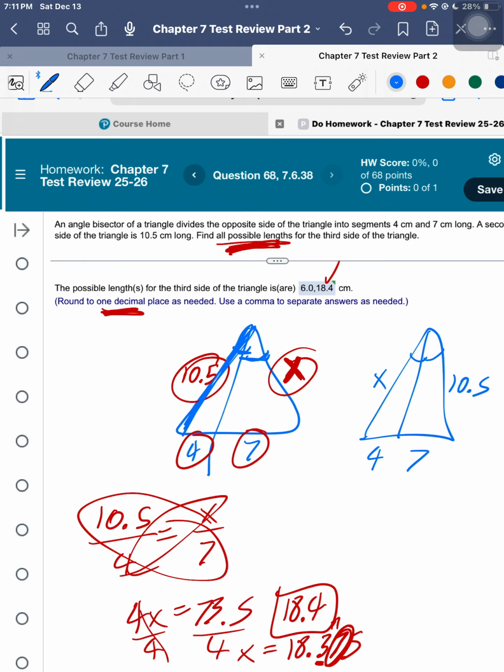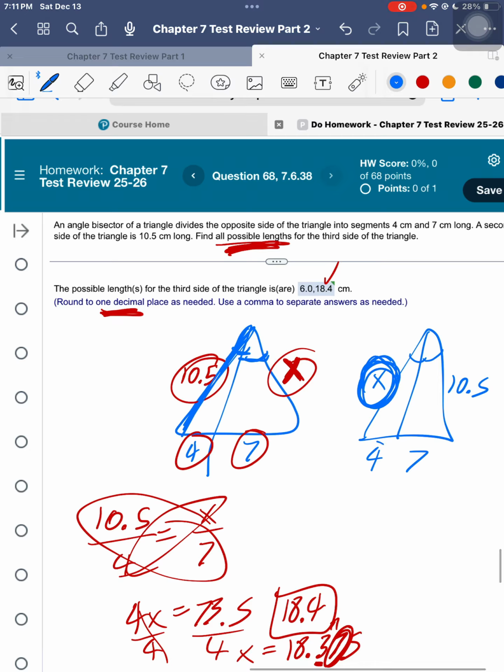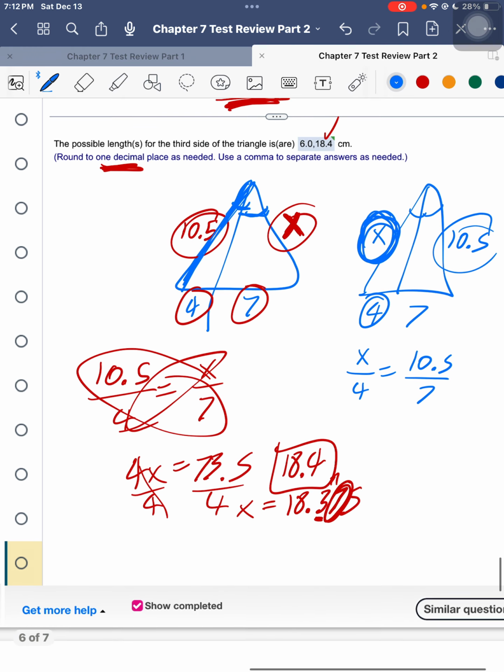So now let's solve for this x, the blue x. Let's call it the blue x. So now this proportion would be what? x over 4 equals 10.5 over 7. So we have a completely different proportion than the one we had previously. And that's the point, is that we don't know where this third side is, so we have to test for both of them. So now 7x,